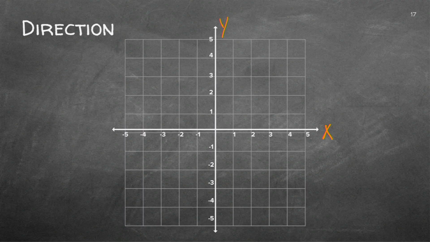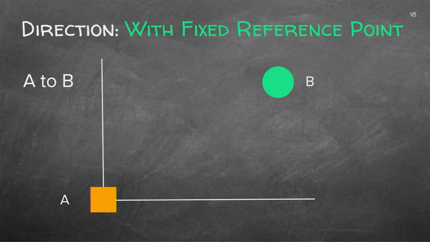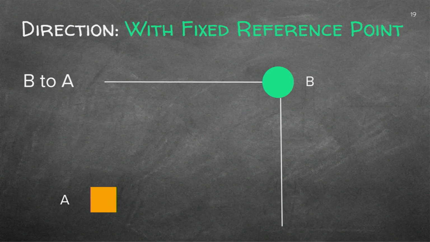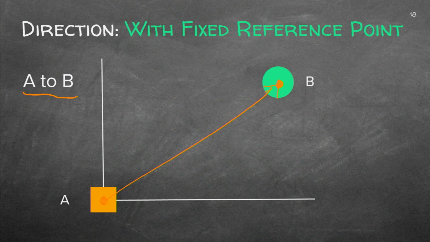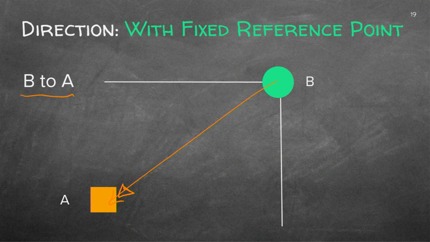Let's say we've got a reference point there. I've got this fixed reference point here, and I now need to indicate where is B. So I'm going from A to B. Be very careful. In the next one, I'm going from B to A. You need to indicate with your arrow, I'm going back from A to B or from B to A. Please indicate that you know the difference between the two directions.